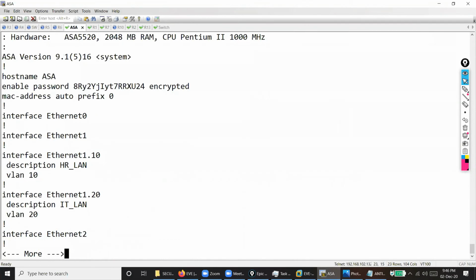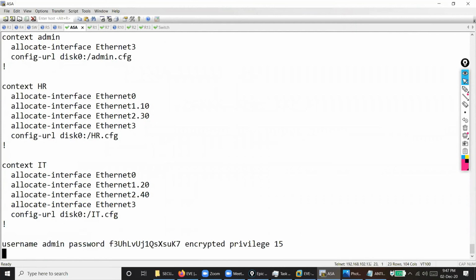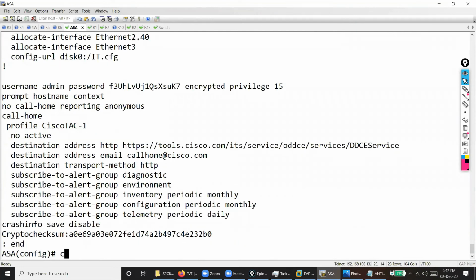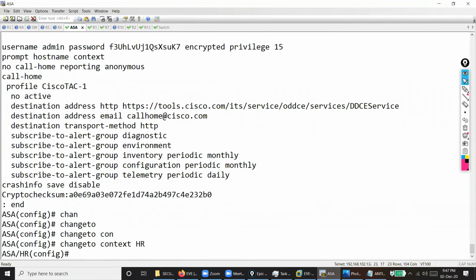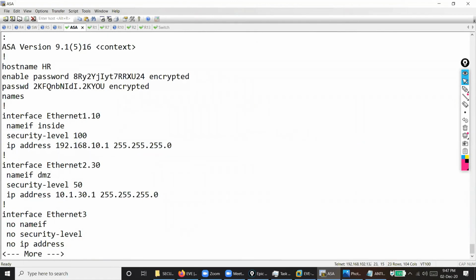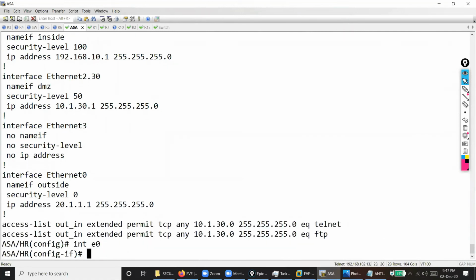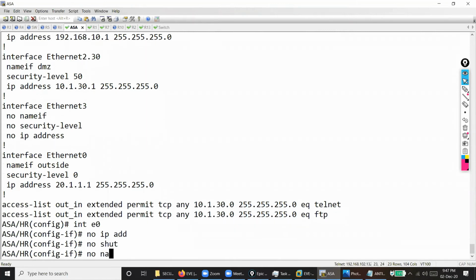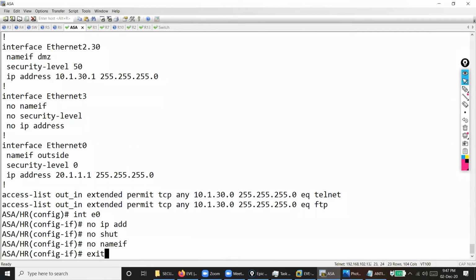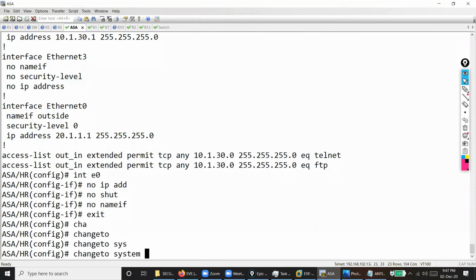Now you see, we have not made any subinterface for this. But when I say change to context HR, already this interface is configured for outside. So I have to go on E0 and say no IP address, no shut, no nameif. Okay, come back, change to system,